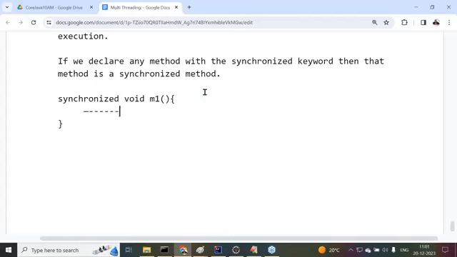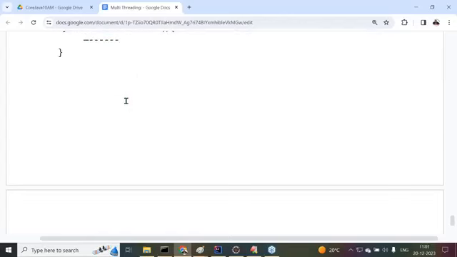Here we have to provide multiple instructions. Whatever instructions we provide here, synchronization is automatically applied to all of them. And one more small note: when is it possible to achieve synchronization in our applications?